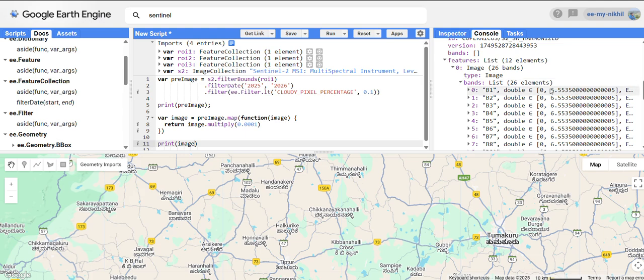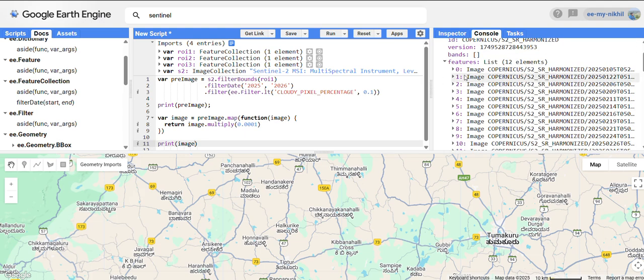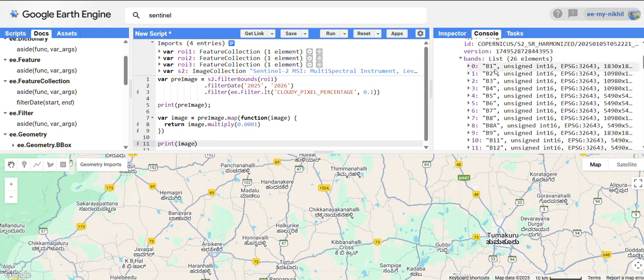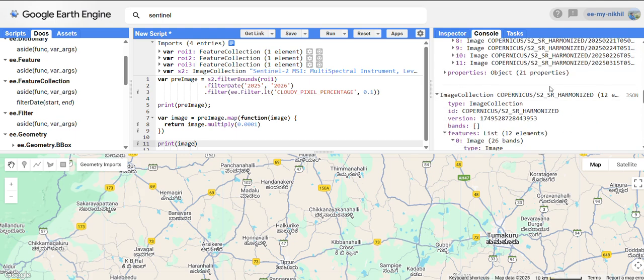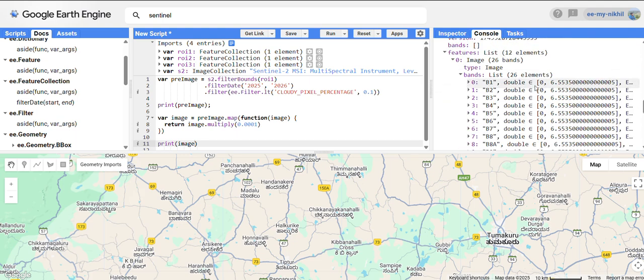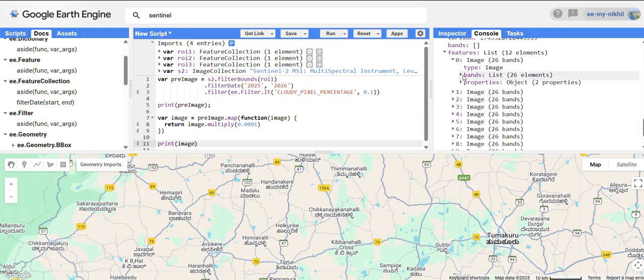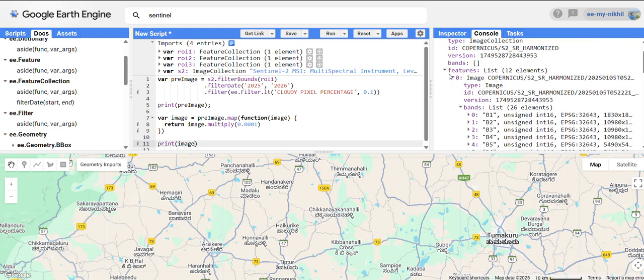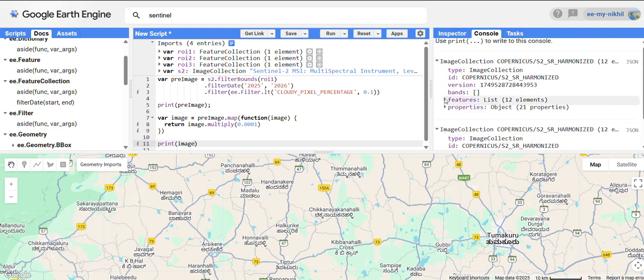So if you can just expand the bands, here you will see the band's value ranges from 0 to 6.5. So before that, if you can just expand here, you will see the band values are in the integer type 16, so it's not in the float type, but it is unsigned. Now you will see it's in the float type, and the values range from 0 to 6.5, which is the reflectance range of the images for the earth. So if from this we have understood that the scaling has worked, so now I want a single image for